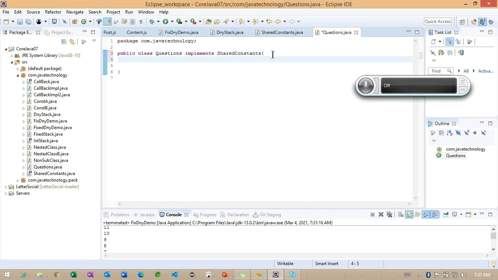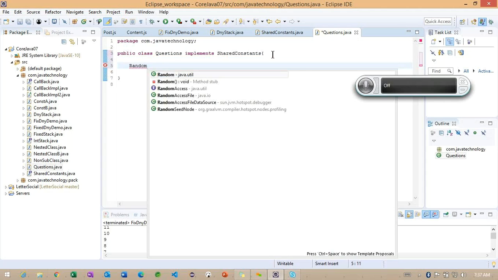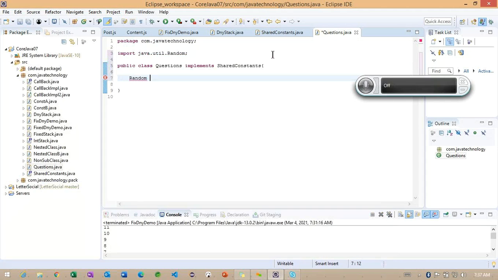To work on this, I'm going to work with one more class, called Random class. So basically, I'm going to find the random variable here.